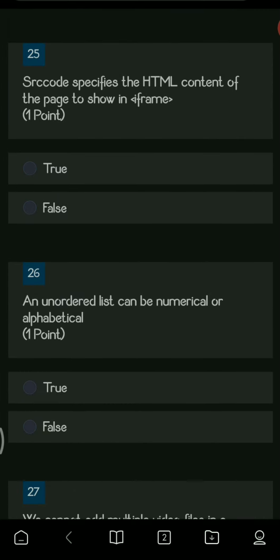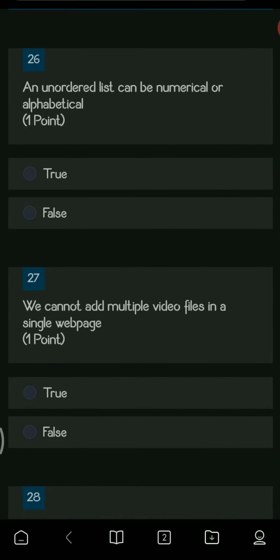Next question. The SRC attribute specifies the HTML content of the page to show in an iframe. So here the answer is false. Next, an unordered list can be numerical or alphabetical. So here the answer is false because an unordered list has a bullet.